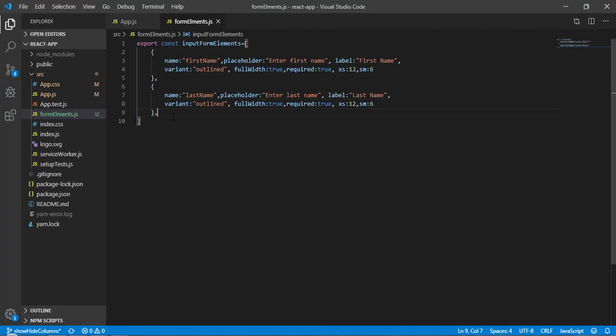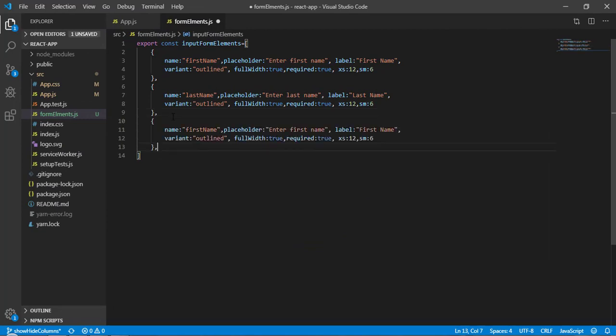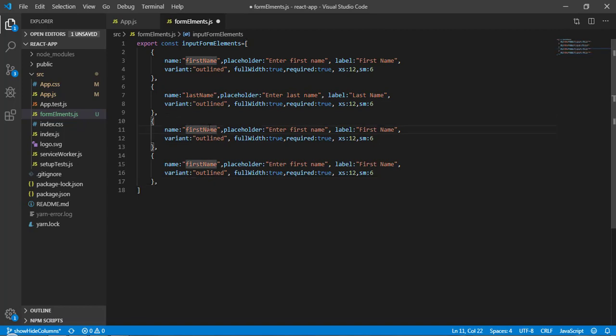So now let's add other fields too. So this is for the email, this is for the phone. Okay, so here email, and here we are going to introduce a new property that is going to be type. Okay, and here this type value is going to be email only.